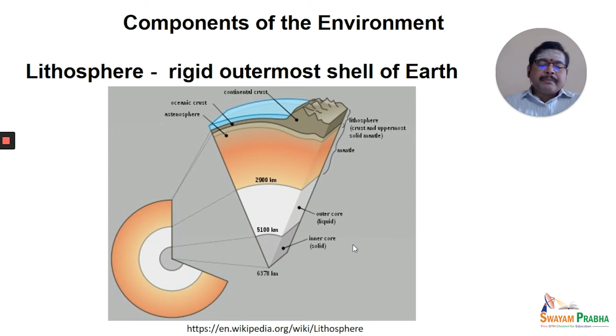Iron is a basic metal which is applied in our day-to-day activities. Our gates, for example, our house gates are made up of steel and iron. Our house construction is included with cement and iron. So all our basic physical infrastructure is originating only on the lithosphere and the components present in the lithosphere.